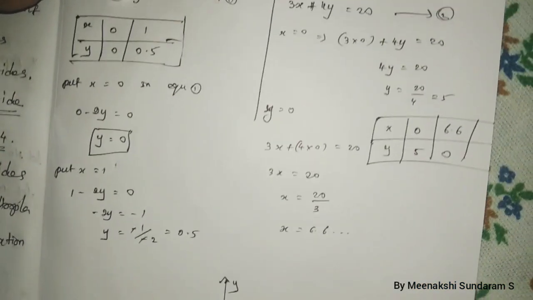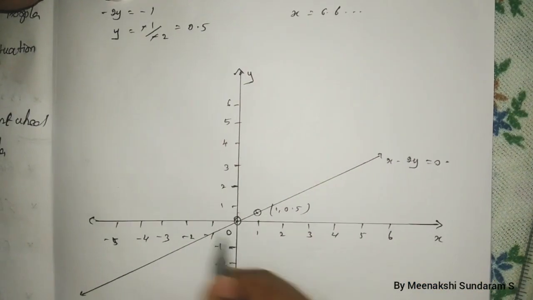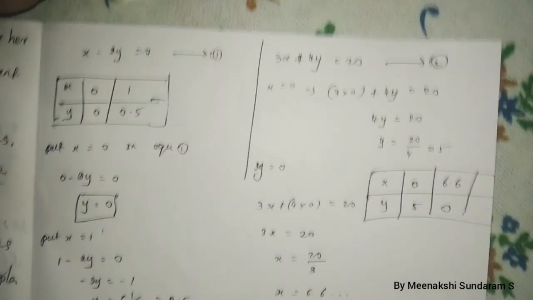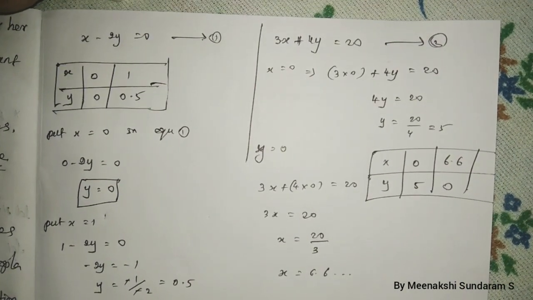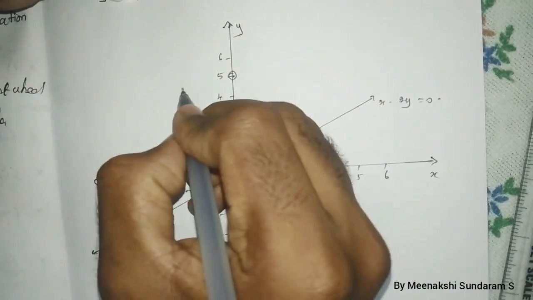So next line, (0, 5). You can plot (0, 5). 0 is x-axis. So x should be 0, y should be 5. So (0, 5) here. You can write (0, 5). First point. Second point